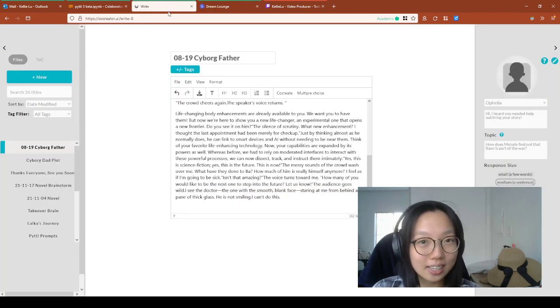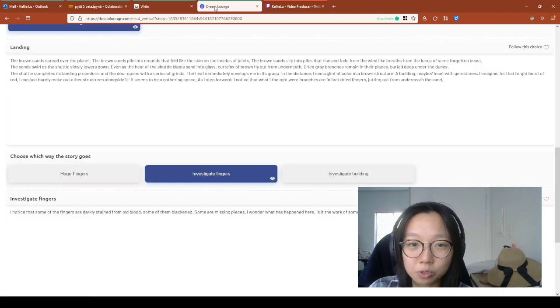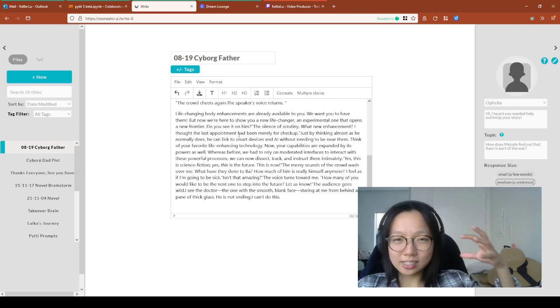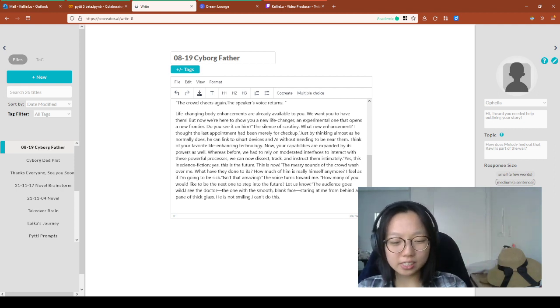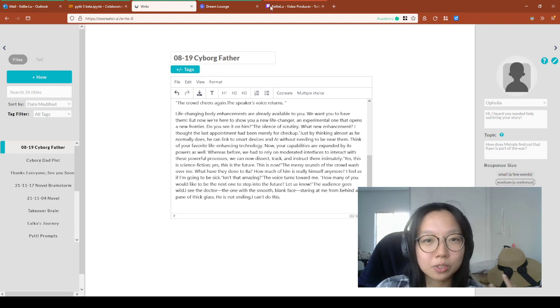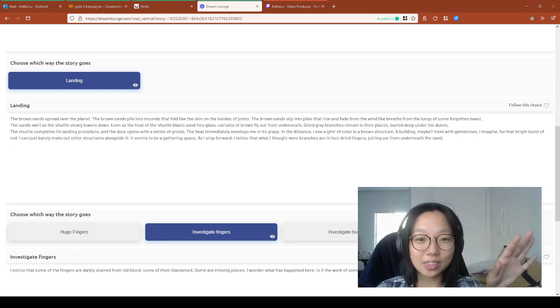But CoCreator has been great generating these interactive fiction stories with Dream Lounge because it is kind of bringing in things from all directions while you're floating on the sea. And typically, if you're writing a linear story, you have to pick and choose what you get to keep, what's the focus of the story, and what you have to throw away. But Dream Lounge has been super cool to write with CoCreator because it's been so fun to do with you all viewers, where it throws a cool idea in,